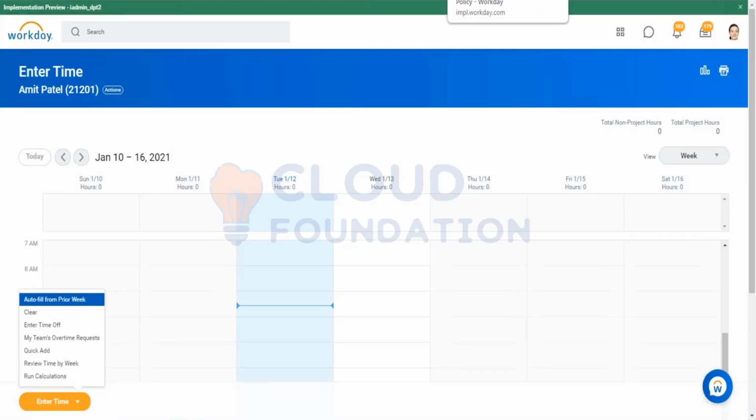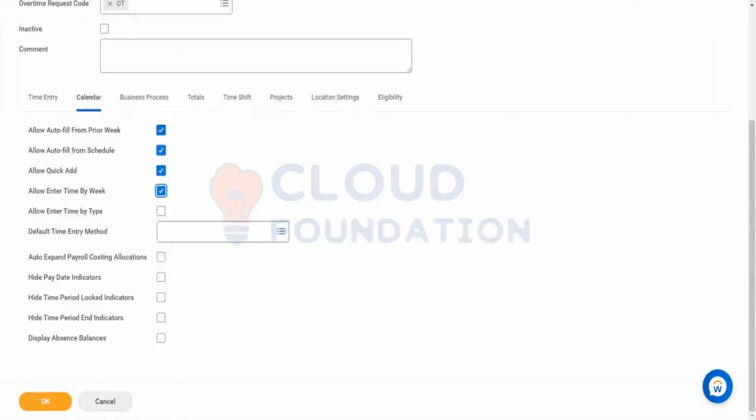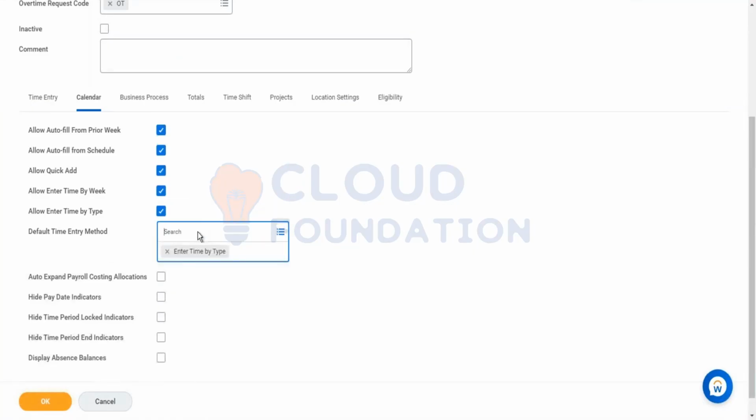Okay, all right. As of now, I'm making this whole thing the default time entry method: enter time by type. If you want to make it time by type, enter time by type. Let's make it auto expand payroll costing allocations. This comes into the payroll costing part